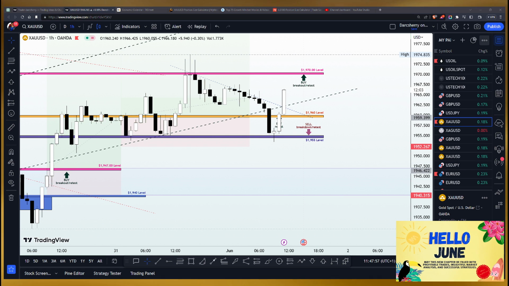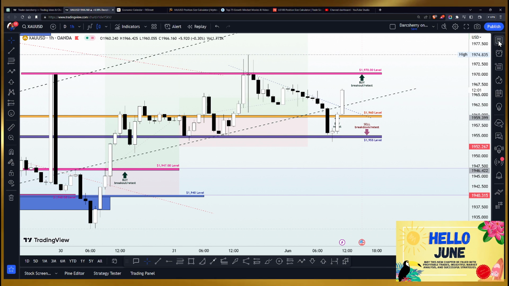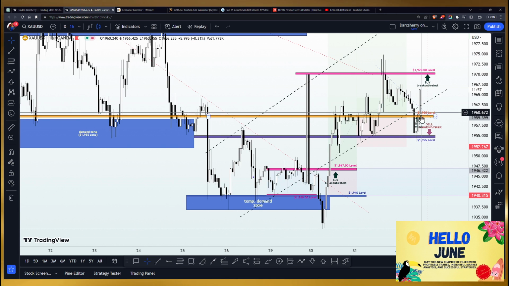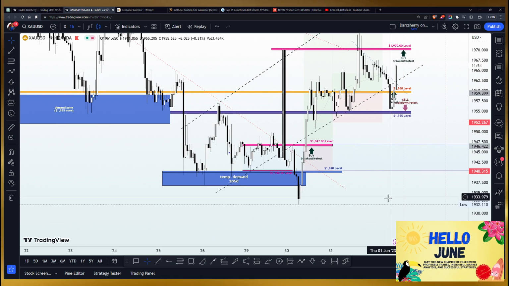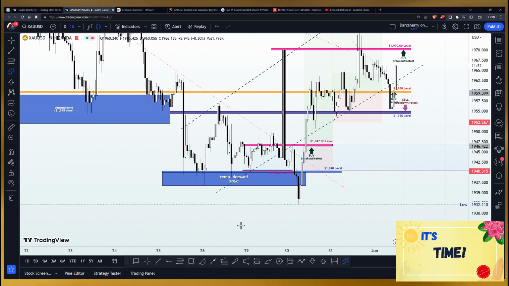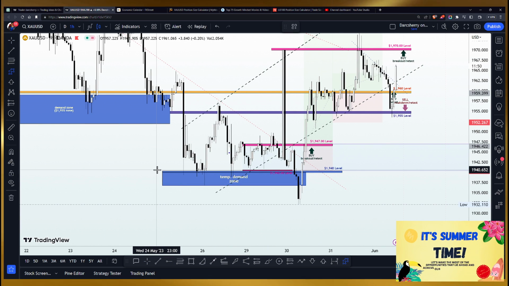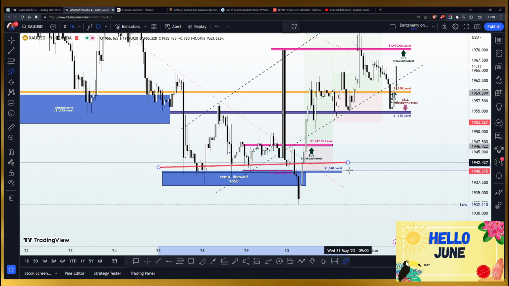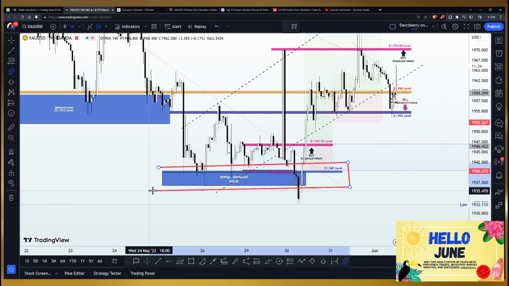Looking at the XAUUSD from the beginning of the week, we acknowledged that we had a demand zone situated around the 1,940. After we analyzed things from a holistic point of view, we went into the 4 hours time frame and the daily time frame. And after all was said and done, we acknowledged how the 1940 area, which you can see on your screen right here, has been a major determinant for buying pressure in this market.